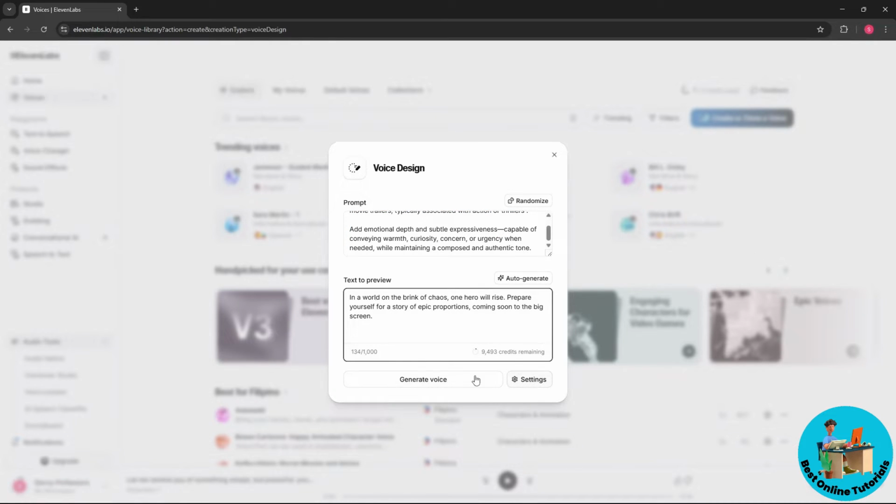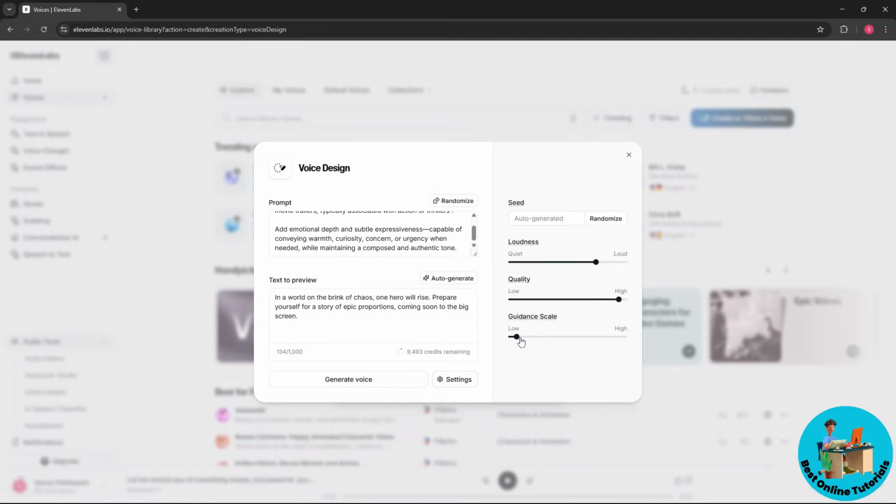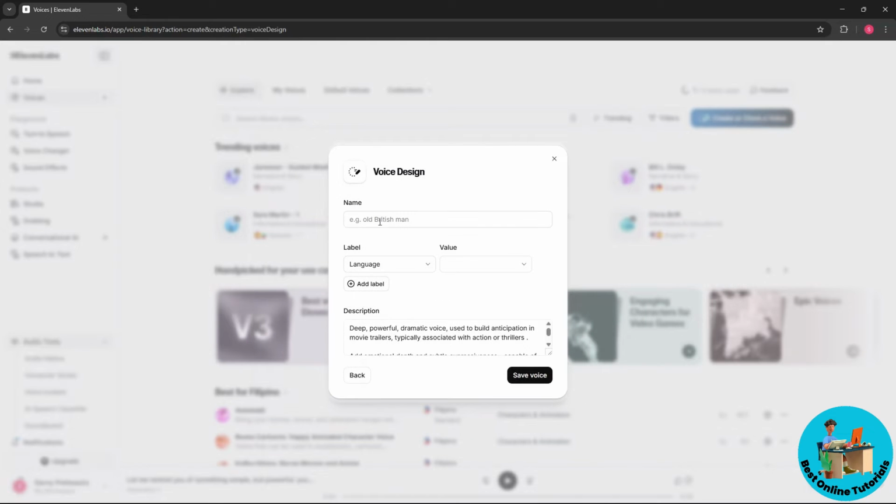and select generate a voice. And if you want to adjust it, just simply go for the settings, and you could adjust the loudness, quality, and the guidance scale, and select generate voice once you are done. And now from here, you will have three voices, and you could just simply select a voice that you prefer, and just simply name the voice design, and just simply provide a label if you prefer, and just simply select